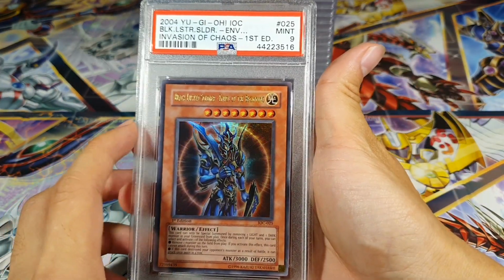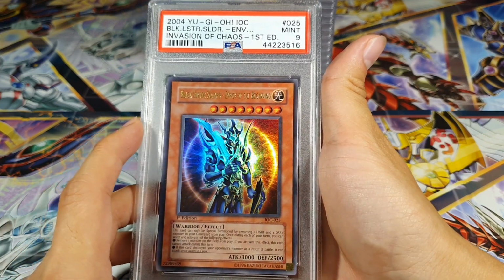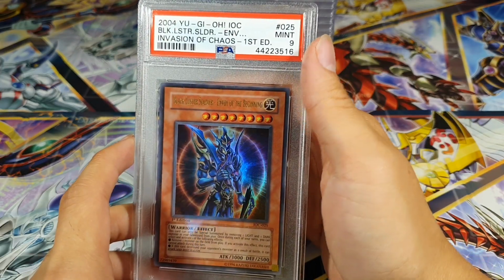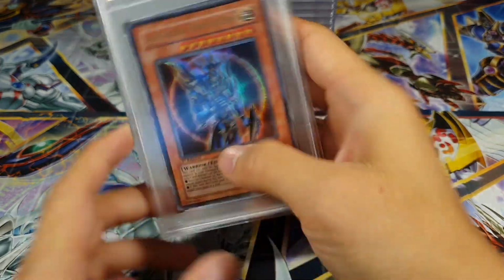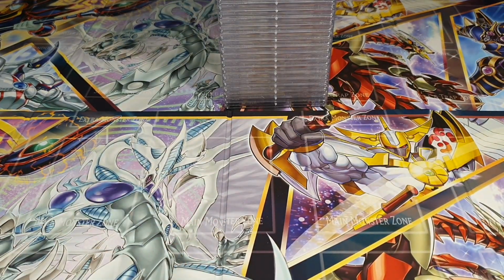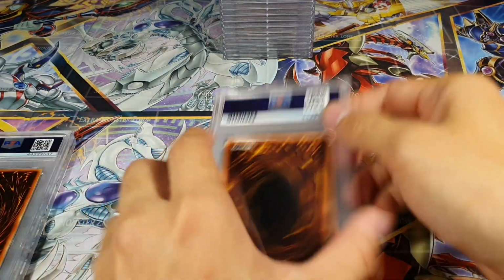A mint 9 Lackluster Soldier. Invasion of Chaos. Very nice. Well-centered card. I think we only have a couple more cards left. So let's see what we have. We have a...